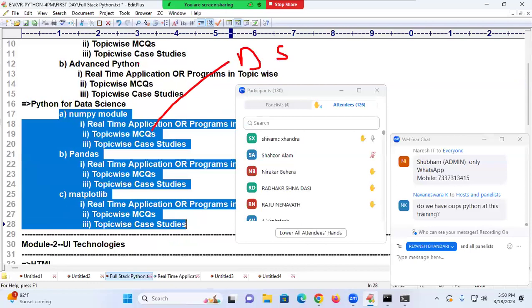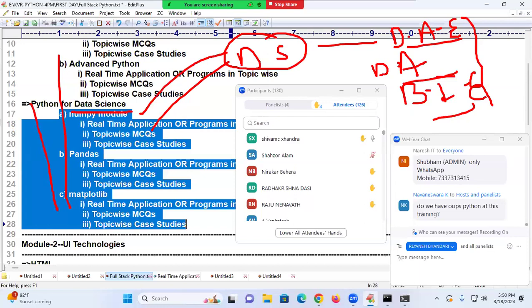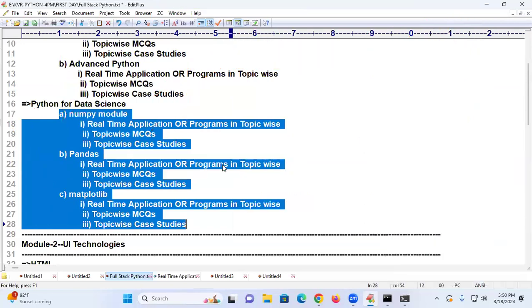After completion of this first Python module, you have to learn data science. There we can become a data analytics engineer, data analyzer, or business intelligence engineer. These are the three positions in the market. After Python modules are completed, we have to learn data science. Then we can enter into the industry. Okay, thank you, sir.